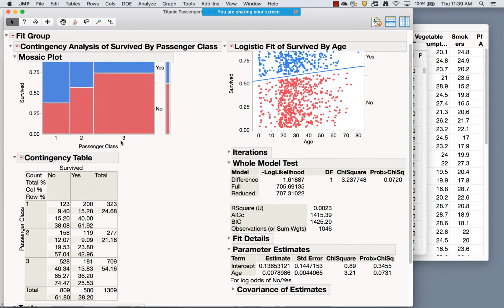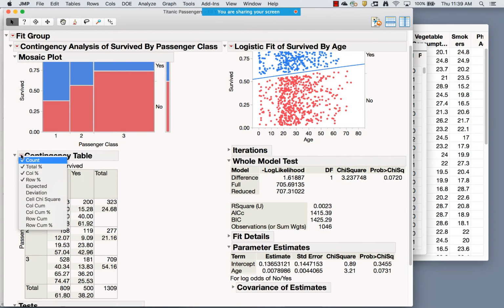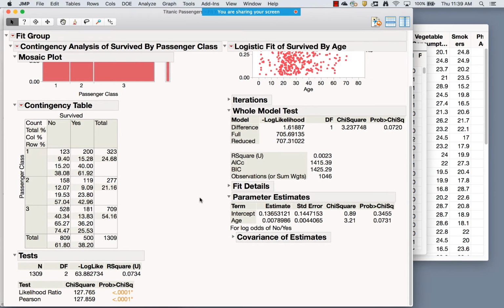So again, we use the red triangles to get lots of extra information. I can get exact tests. I can get a Cochran-Armitage trend test. I can use this red triangle to get different output in the contingency table. So if I want the expected counts or the deviation. Here I see the chi-squared tests, the likelihood ratio and the Pearson chi-squared tests that are telling me, yes, there's